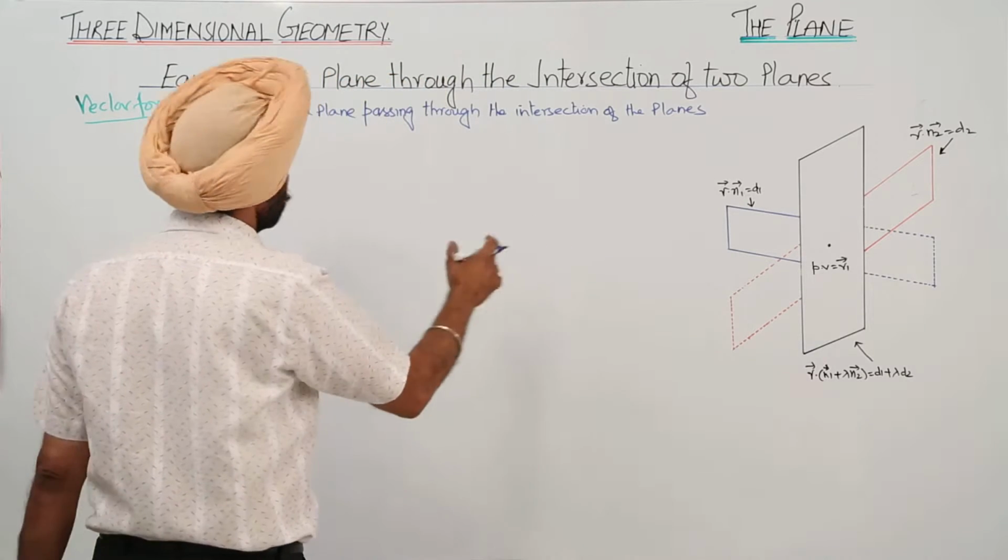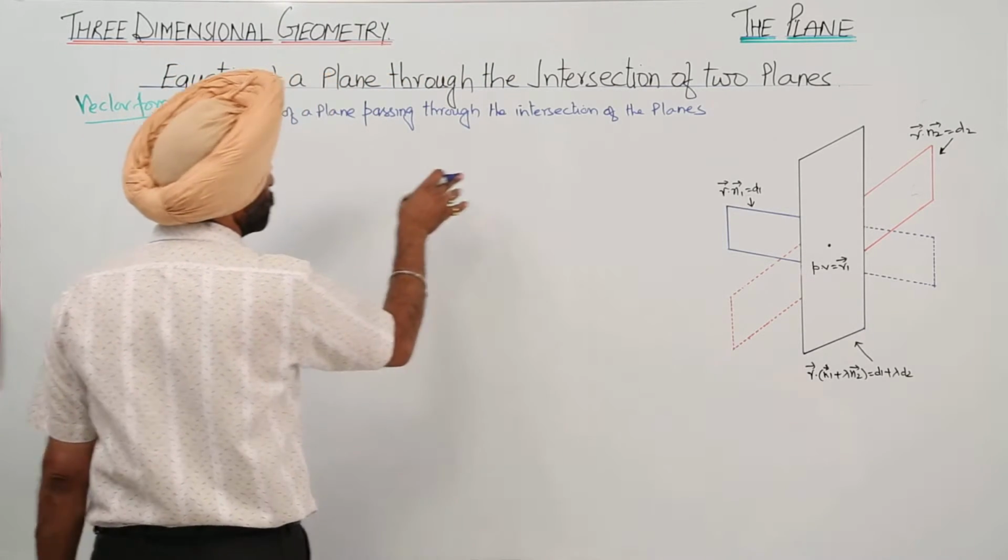Now writing the equations already mentioned here, equation of a plane passing through the intersection of the